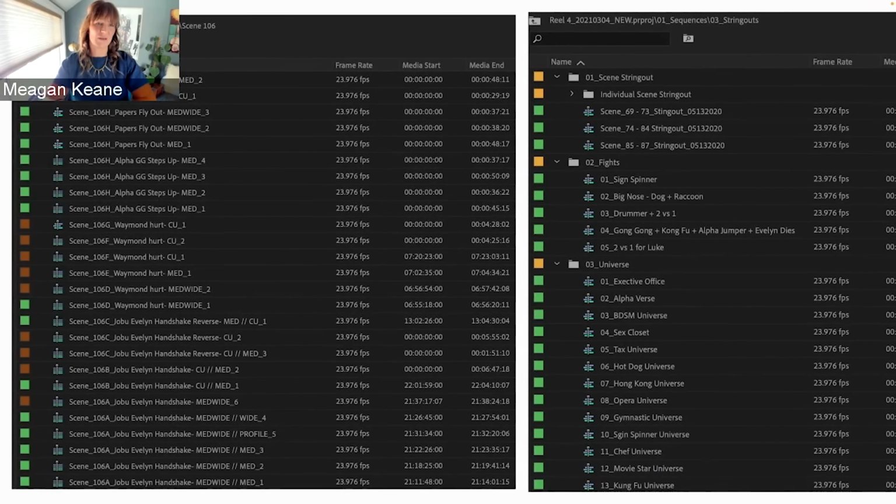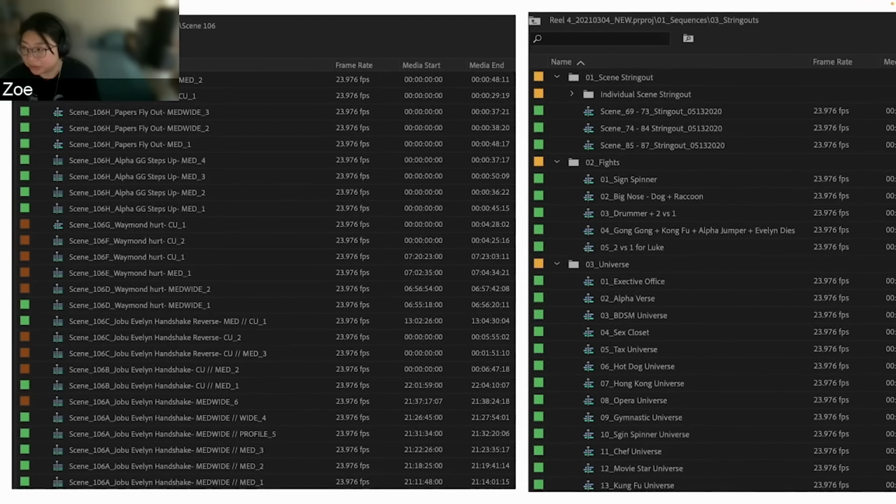In developing the sort of organizational structure for this film, is this a structure that you use time and again on films, or is it something that you had to develop specifically for the complexity of this film, or a little bit of both? I would say we developed this. I would say it's a little bit of both.